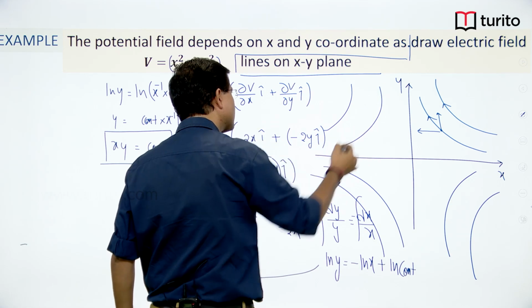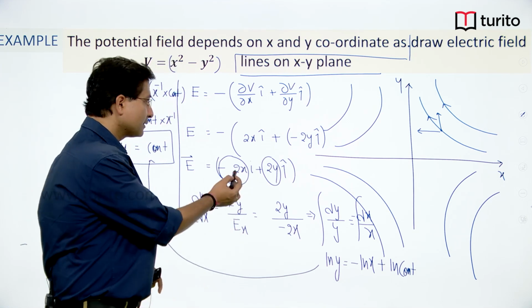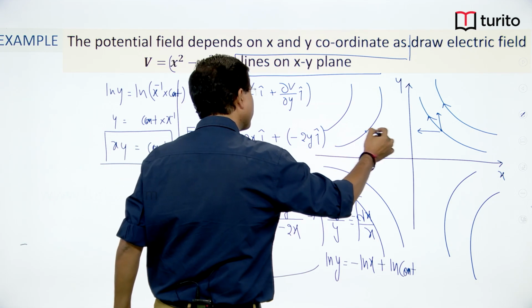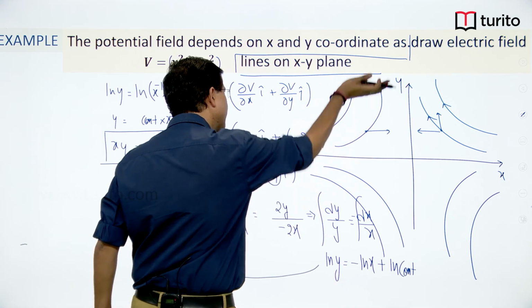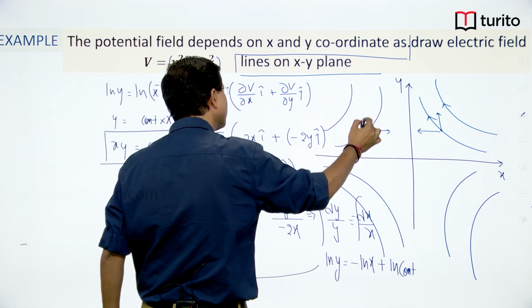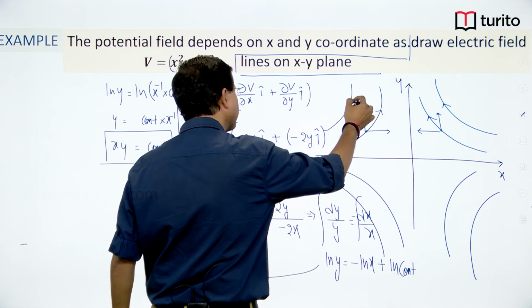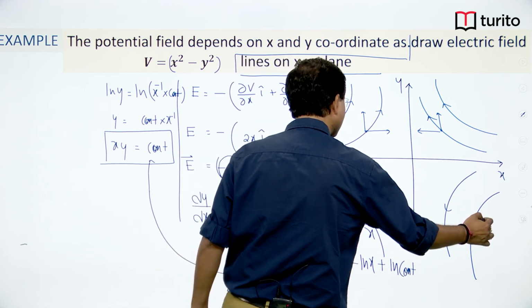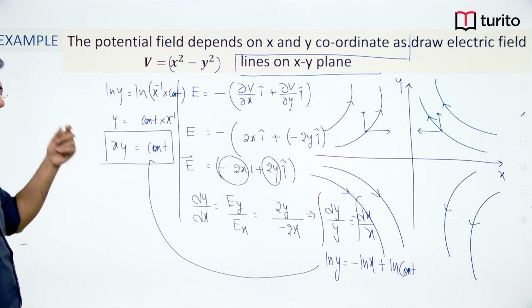In the same way I can decide for this quadrant, where x is negative, y is positive. If x is negative, that negative and this negative will make it positive. So, the x component will be positive. And look at this one, for the second quadrant, y is positive, so this whole thing will be positive, the y component will be positive. So the direction will be something like this. In the same way I can decide the direction here. So this is the way I can plot